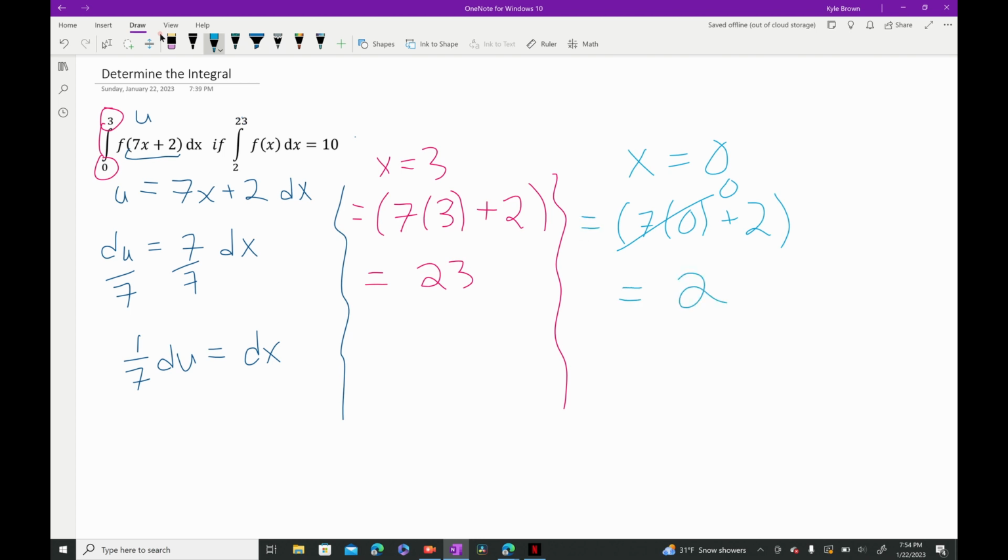That's a cool 2. So what's interesting now is we've actually found our boundaries for this other part of the integral here. And now that we have our upper, that's a 7, I promise, and our lower bound,